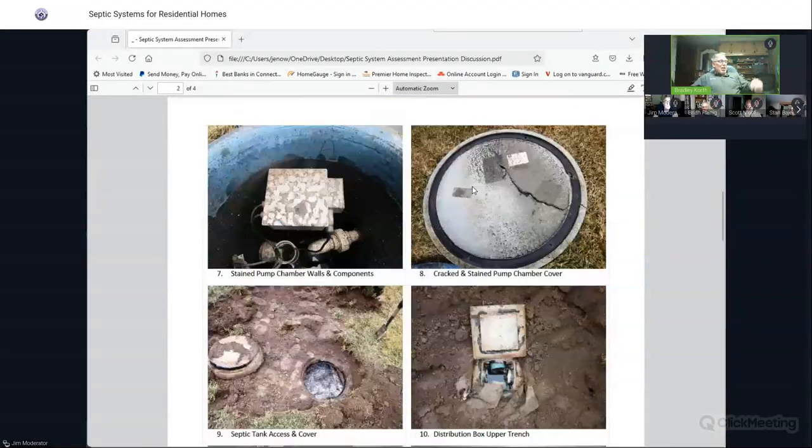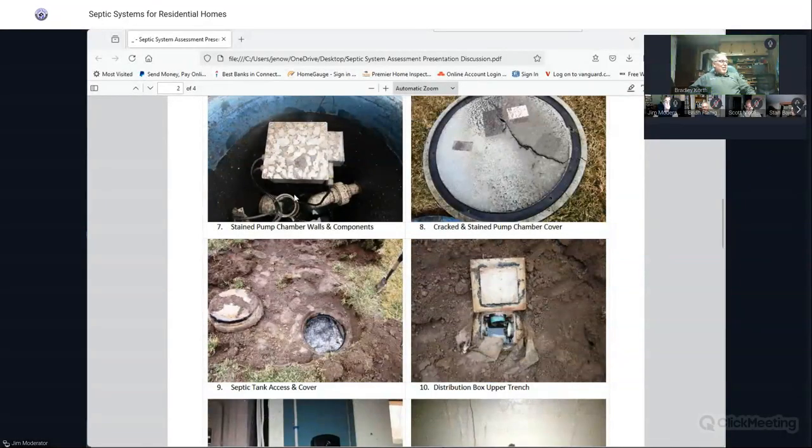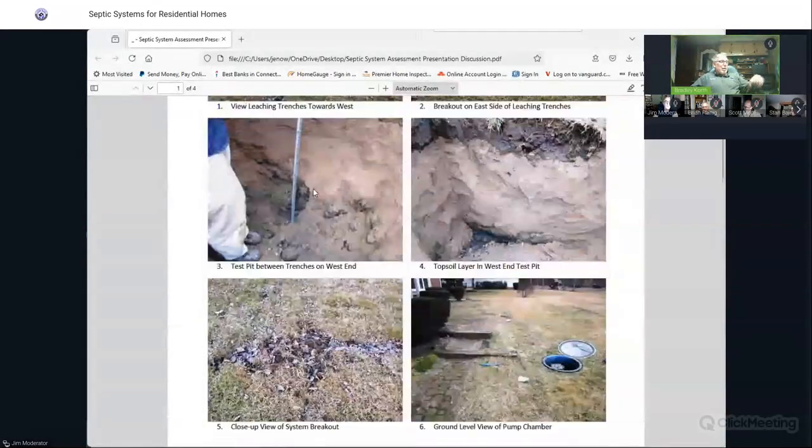And let's go back just to show the one picture. Yeah, this is the pump chamber. You see the picture on the lower right-hand corner, the pump chamber. In this case, a big thing that we found in this house is that there was a main level of the house, but as you can see, there was a slope and there was a lower level of the house